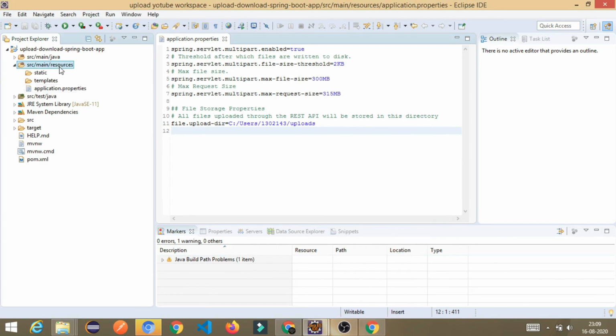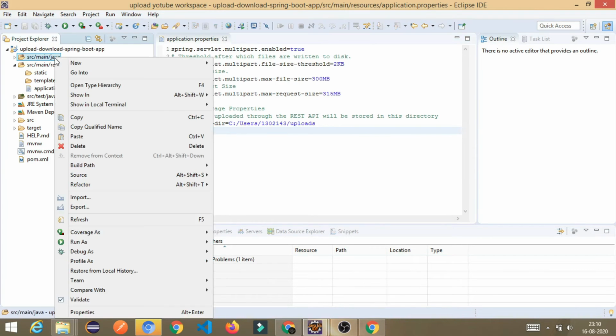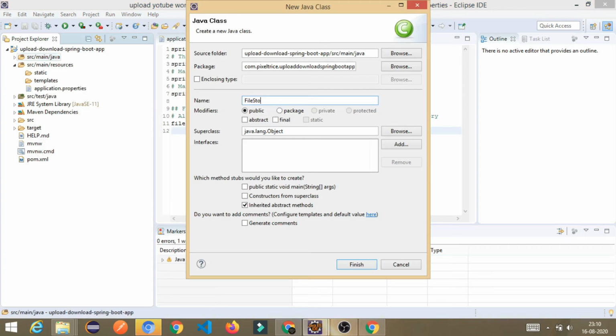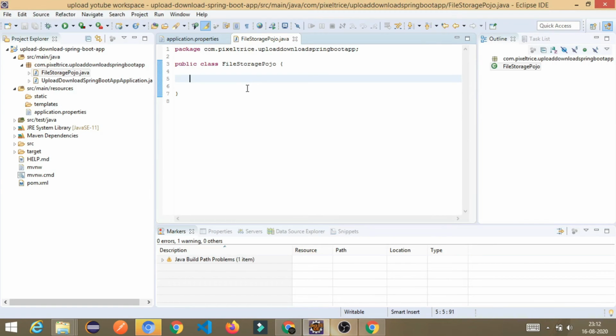Now I am going to create a POJO class: new class, and give the name FileStoragePojo. So see, I have created one class. I have given the name FileStoragePojo.